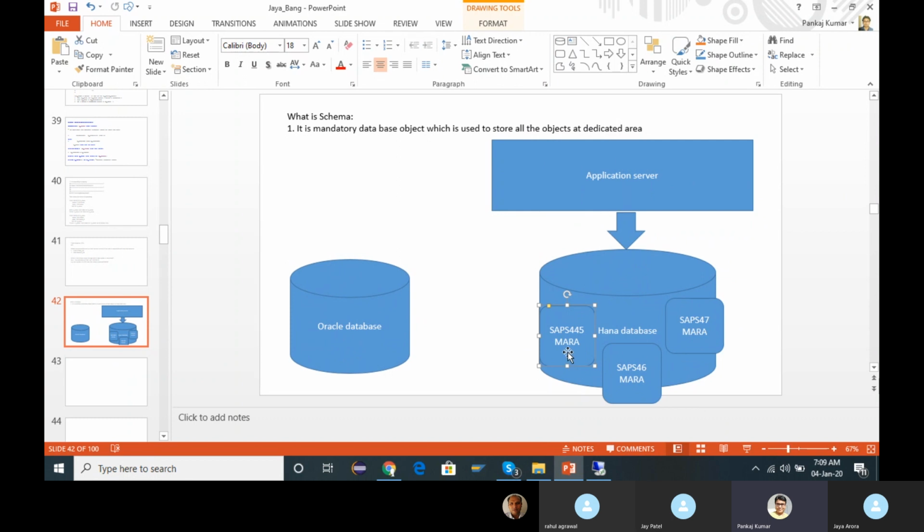Okay, fine. So what I was trying to tell you over here, in this schema, the Mara database table is over here also, and here also. At all these three places, your Mara table and its content will be different. So you are having a different Mara table over here, a different Mara table over here, and a different Mara table over here. There is no relation in between. So with the help of a schema, you can use the same database as a separate database. You can understand it like this.